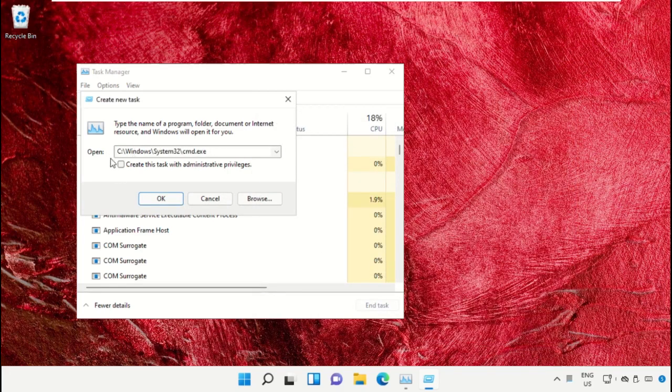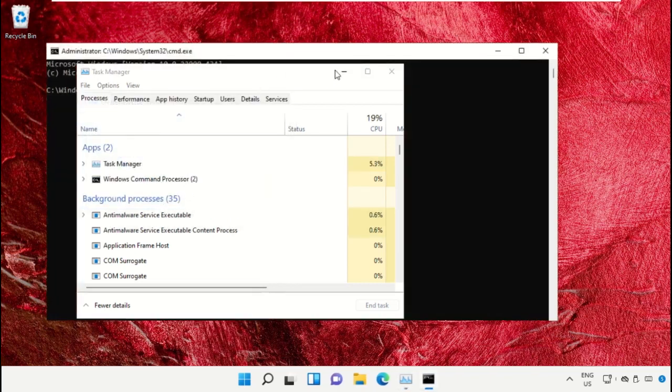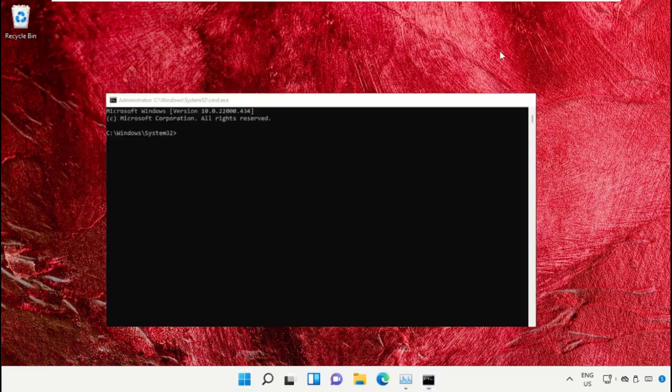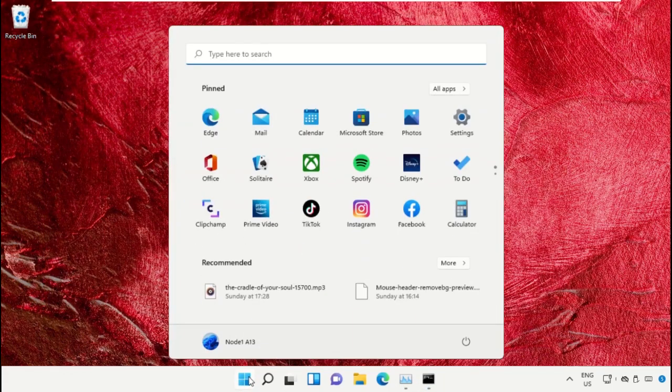After that, simply check this box and click on OK. It will open command prompt window. So we already have a list of commands to make it easy for you, and to avoid mistakes, simply open